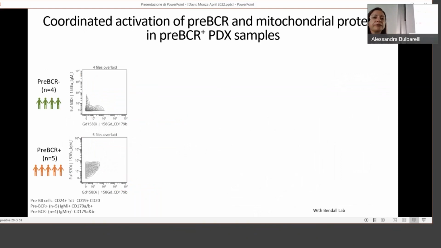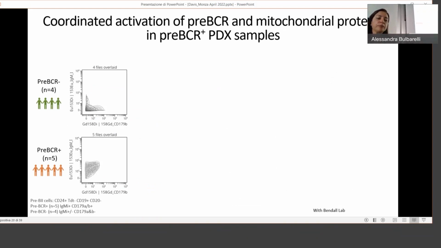So Yuxuan looked at this also in a platform that we're developing in conjunction with Sean Bendall's lab and also Ravi Majeti's lab at Stanford to actually now look at this on the single cell level. Because when you do these assays on the Seahorse, which is one of the main assays people use for metabolism, you need millions and millions of cells. And that's hard to do, especially when we know that the cells that we're looking for are not necessarily the majority of cells in a cancer sample.